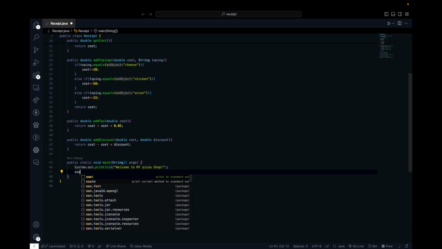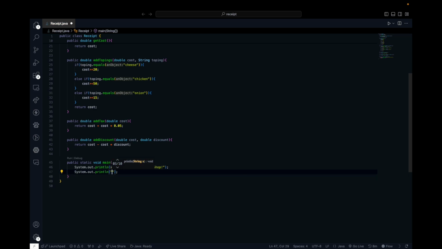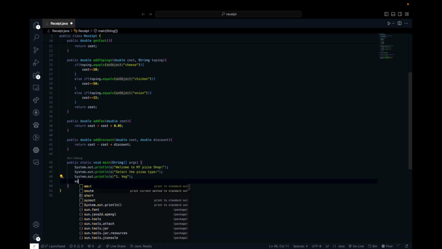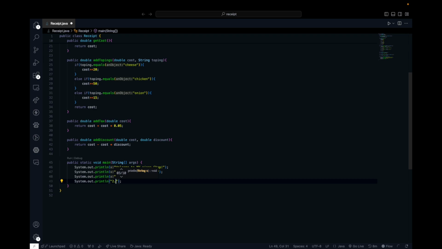And then first we will be asking, select the pizza type. So select the pizza type, and the options will be, one is obviously veg, the other one will be non-veg. So let us give a prompt for the user to enter the choice,